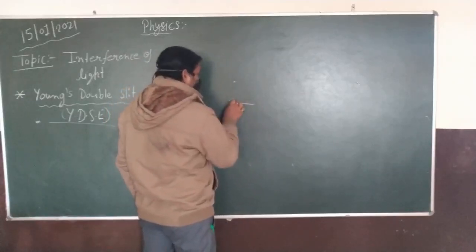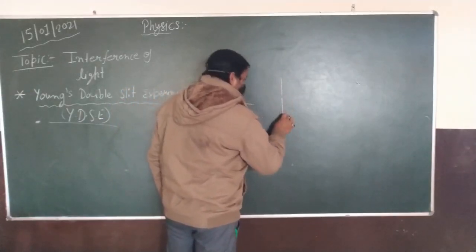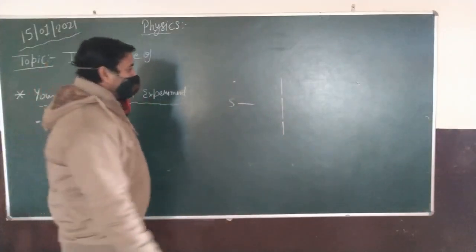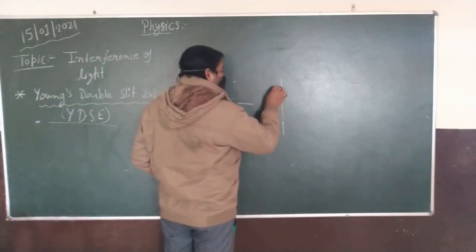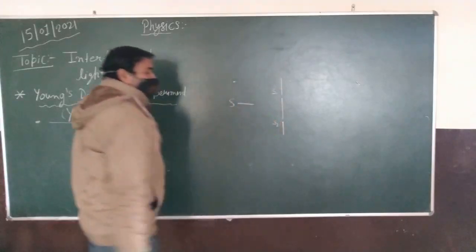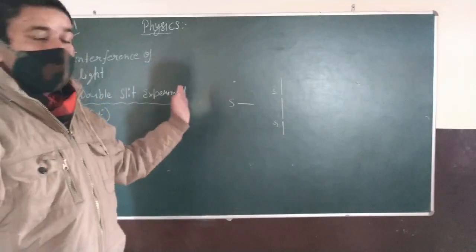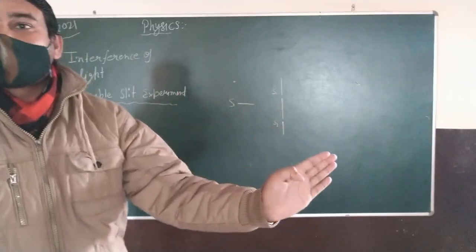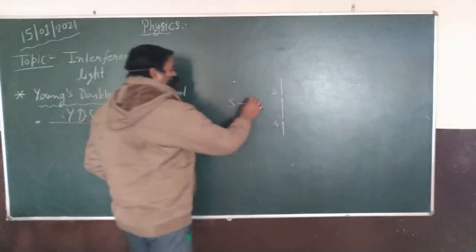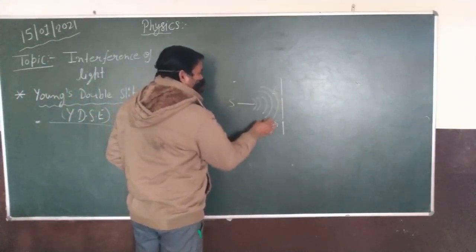Suppose we have a source S and there is an obstacle applied in the path of the source, and that obstacle provides two sources S1 and S2. As you learned, every wave or wavefront produces wavelets, and every wavelet behaves like a wave. So if the waves are starting from this source in such a way, then after some time they will